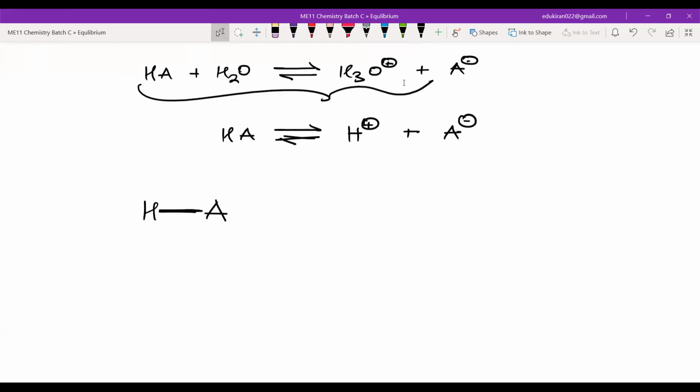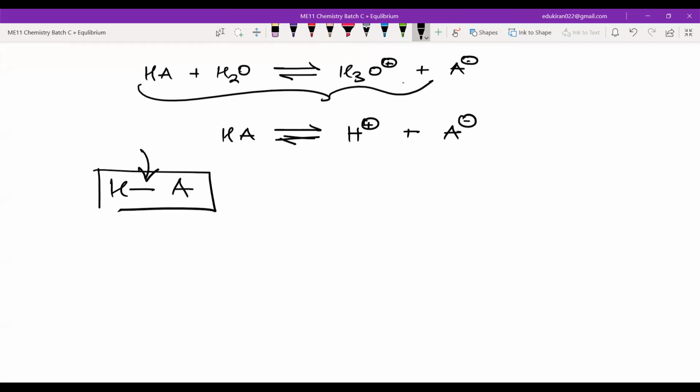Right? That means the degree of dissociation, the fraction in which the acid is getting dissociated, is an inherent property of the acid in hand. If we are looking at HCl, then the fraction in which it can get dissociated will be dependent on HCl only. It will be its inherent property, and hence it will be constant no matter how much concentration we are taking, because it is dependent on this bond.